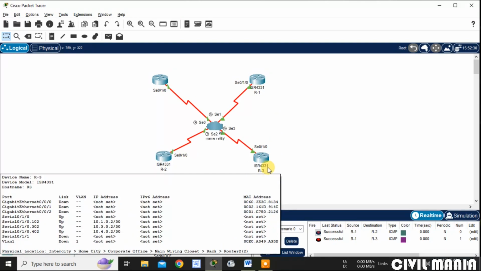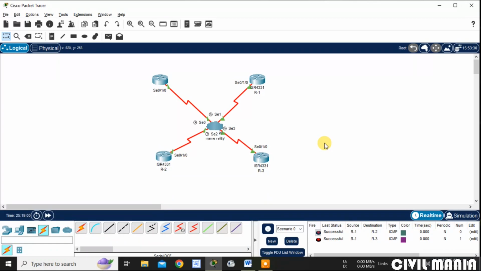If configuration is not done on any other router, then it will not pass through that router. But in dynamic routing, the communication can be done from any router to any router. I hope it's clear to all of you how I have done the exercise on frame relay.